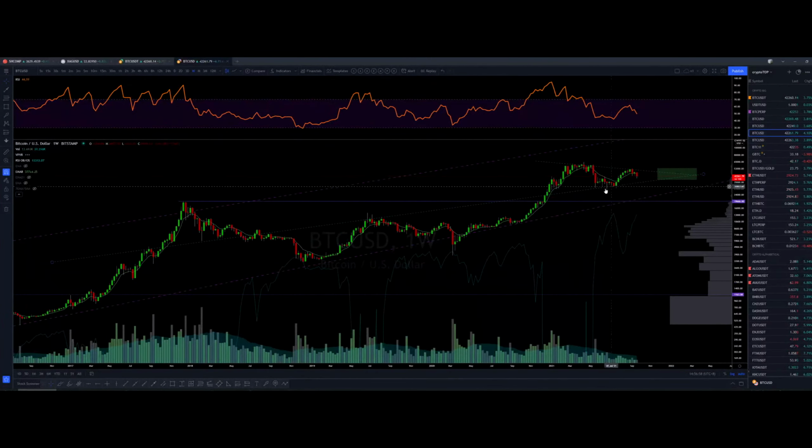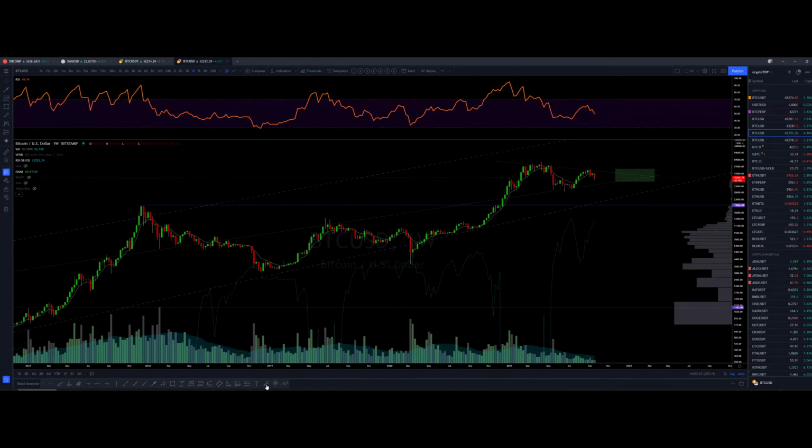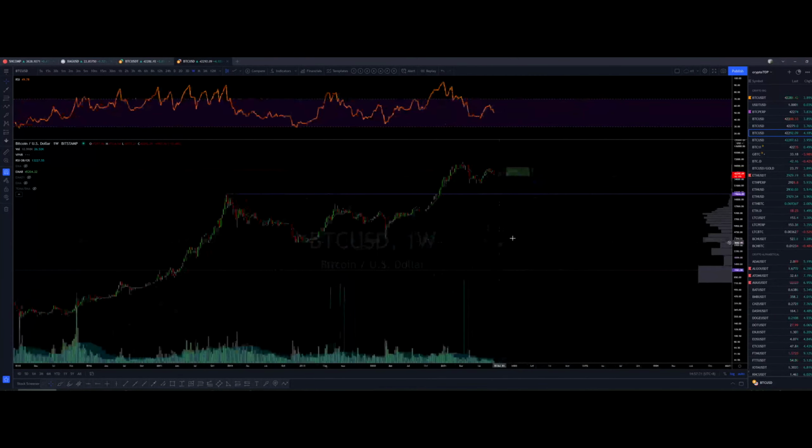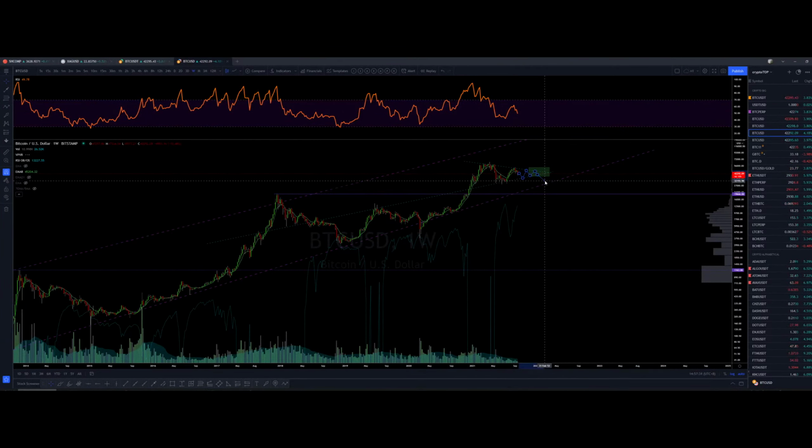Look at the way I drew this trend line here, all the way up to here. There's action over there. There's some action here and here. So this might play out. We could come here, then boom. Or I guess we could break down. If we break down, maybe we could test this one like that. Who knows?